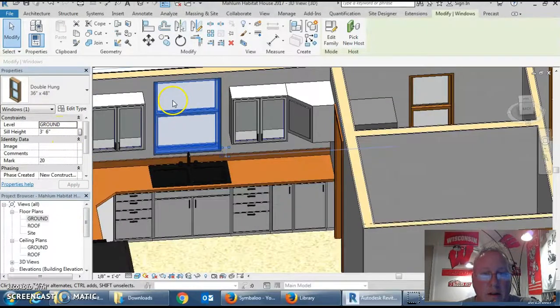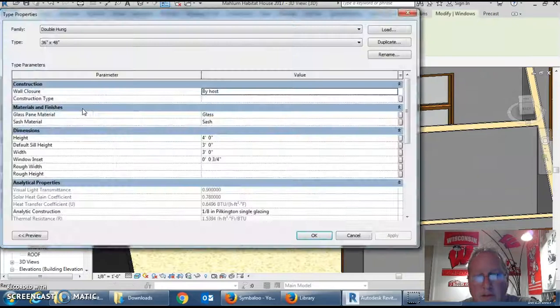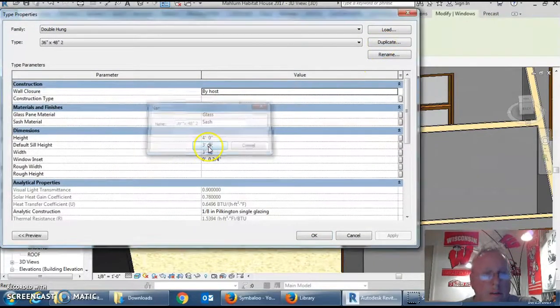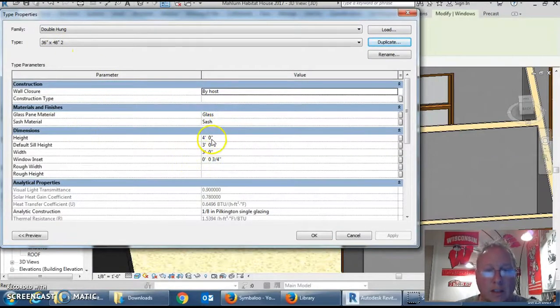And that's much better. And if I think that my window is too high now, I can make it into a custom window even by going to edit height or type. I don't want all the windows in my house to look like this, so I just renamed it. I can adjust the height of it